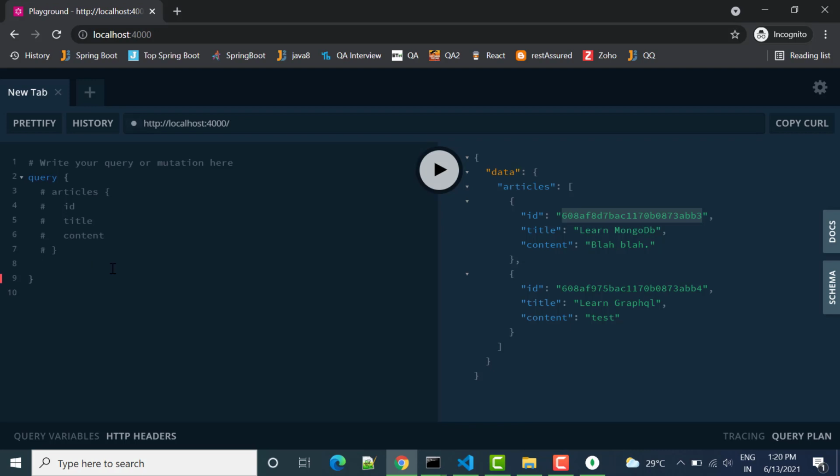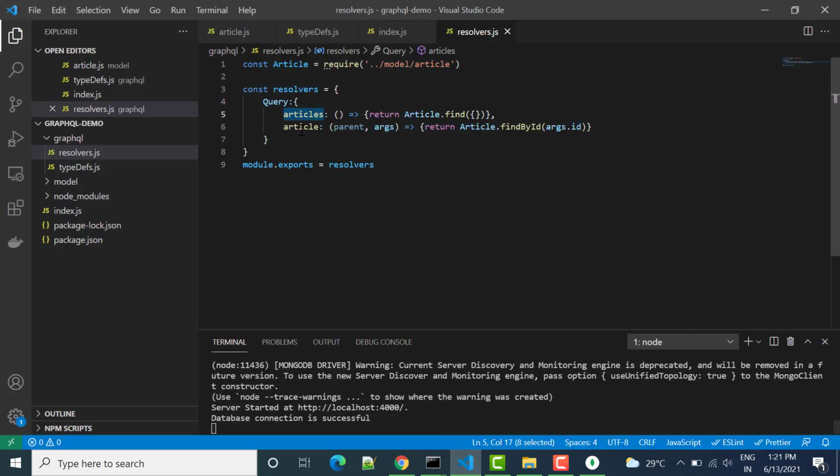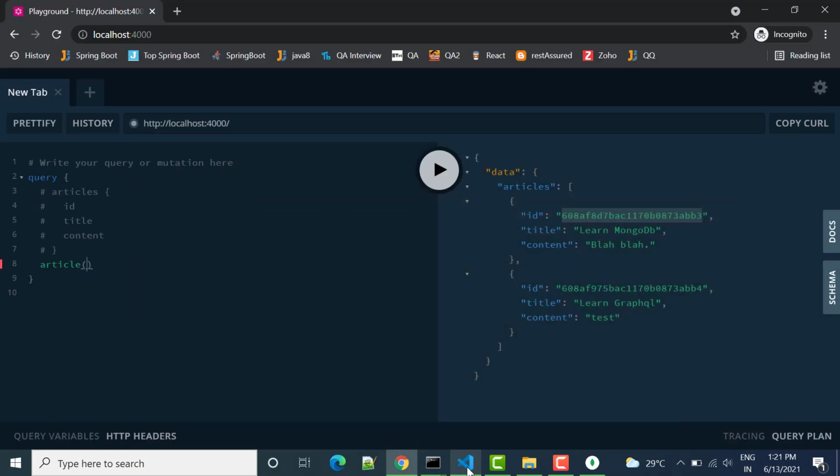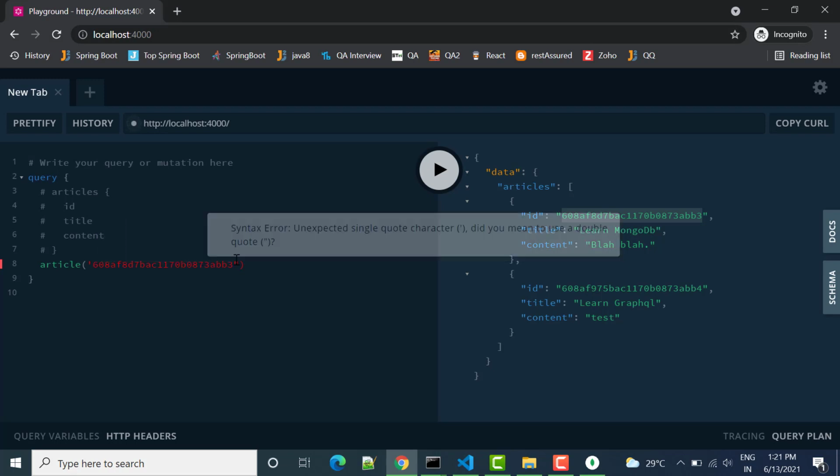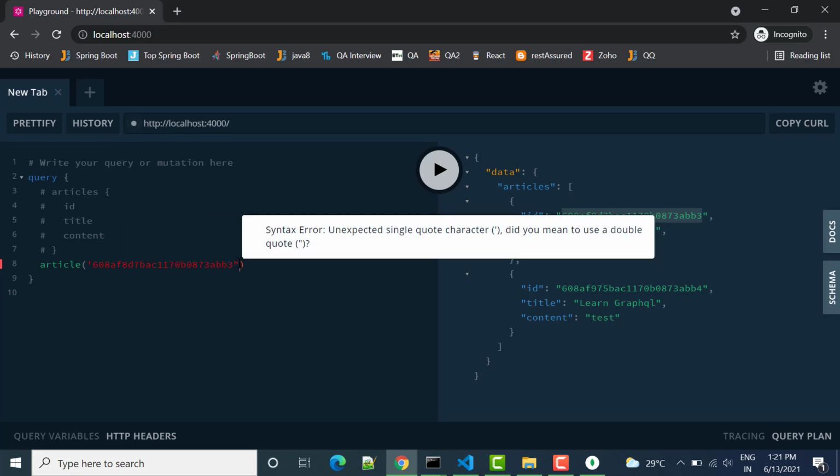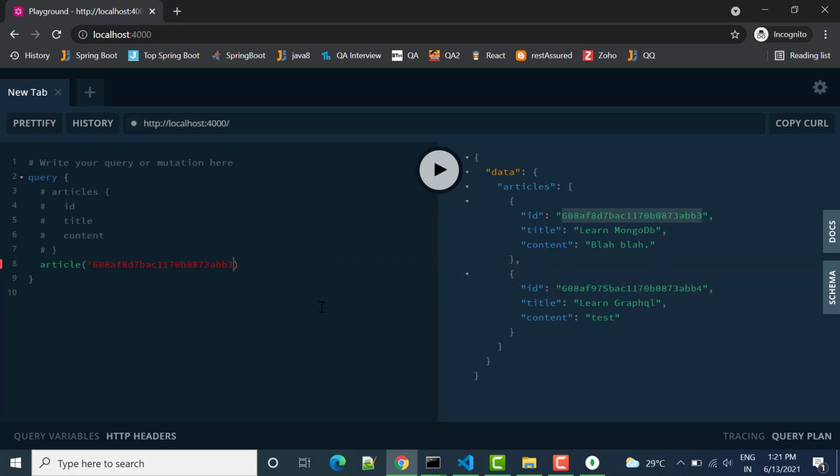Now here I want to find based on the ID, so I have to write article, and then as per the document you can see in article we have to pass the argument. So argument should be ID. So here I can copy this ID and then I will pass it in this way. Let me just write single quote and then I will pass it.